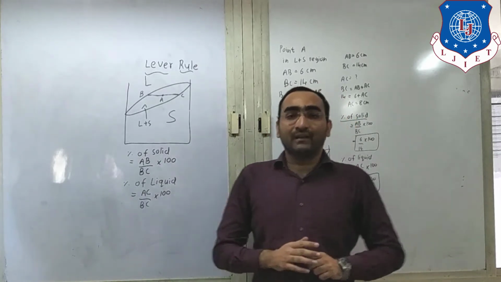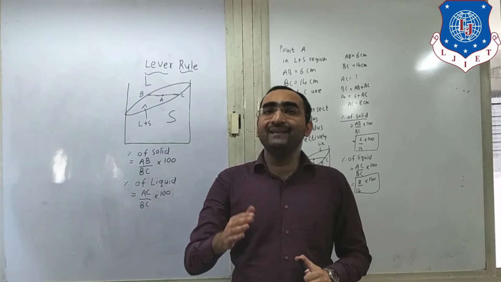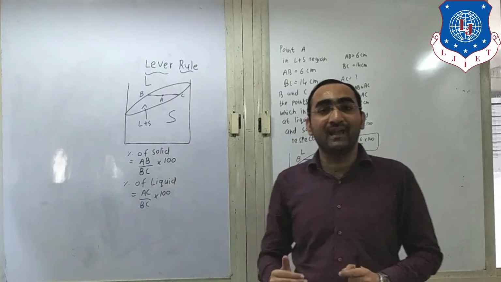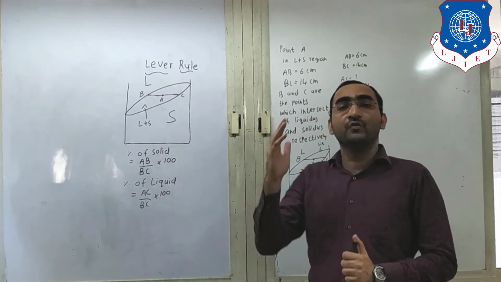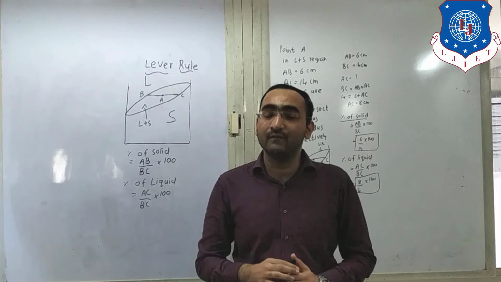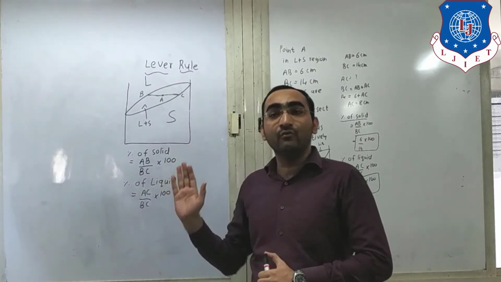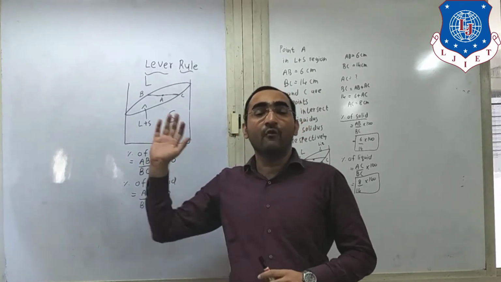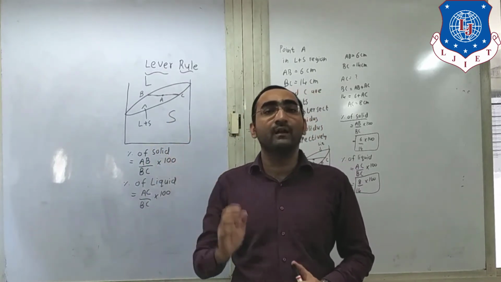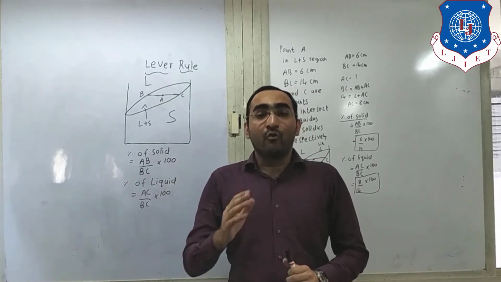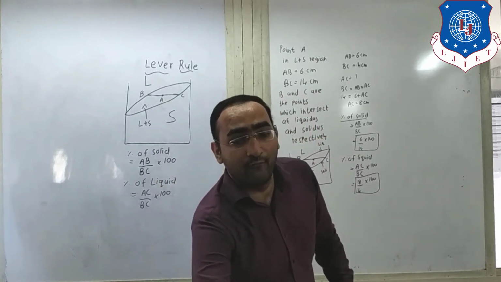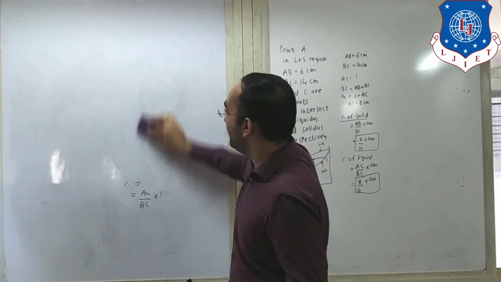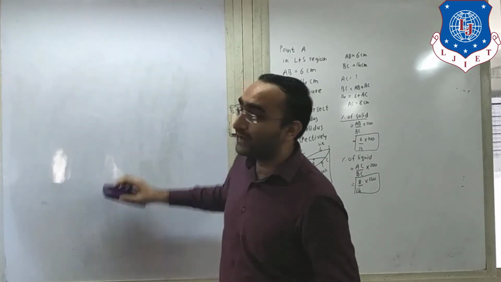Clear? In any case, wherever we use this in any region, if we want to find any part, we always go for the opposite section and then divide by the total. You will always find any percentage this way. So this was the lever rule, and this rule is very much applicable in the iron carbon diagram and all the rest for finding the different phases in a particular diagram. Okay, so after this, let us move forward to the next phase diagram, the eutectic diagram.